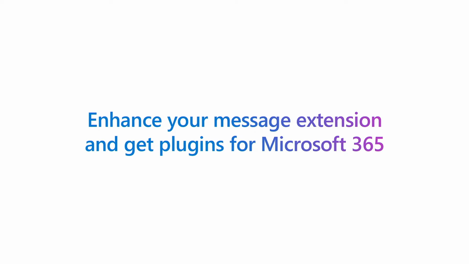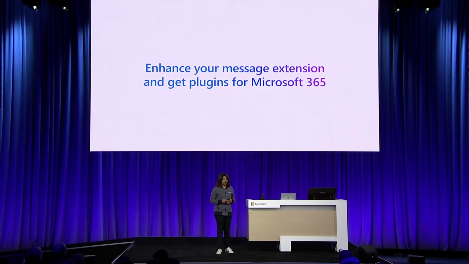Now, this demo that you saw earlier, the Northwind Inventory, it works with a single query parameter, meaning that it can only do one query, like search based on a product name, because you saw that I was searching for chai. That's the product name, and then with that, I can get the results back from my API. So if you have that as a plugin, which this message extension, I forgot to tell you that this is already a plugin that you can use in Copilot. But now, if you're going to use that, you could start off with prompts like find chai in Northwind or send me details of tofu. Again, you're just emphasizing on the product name.